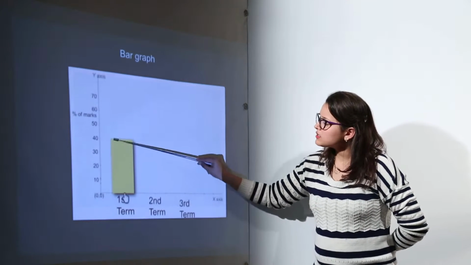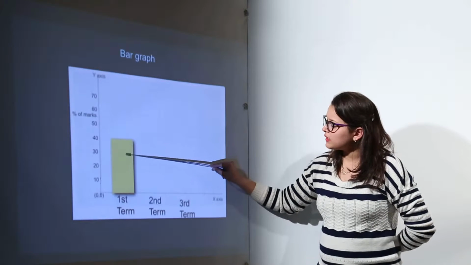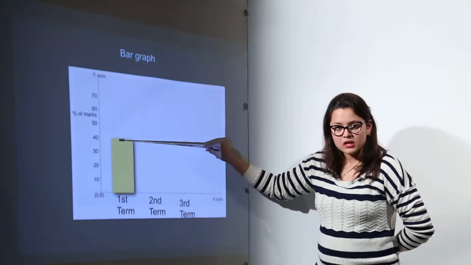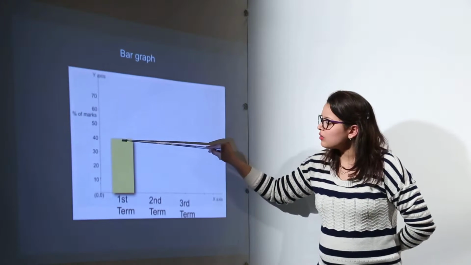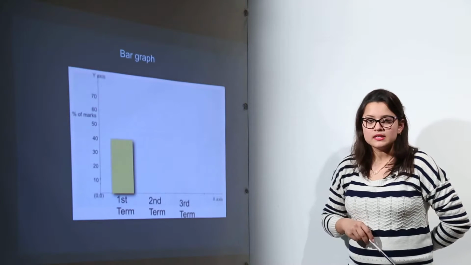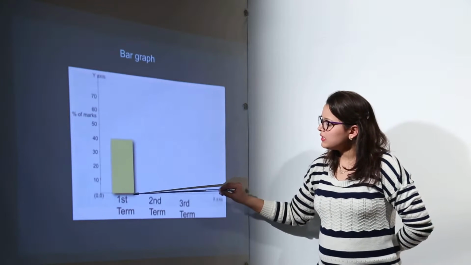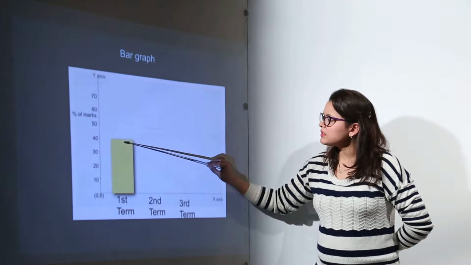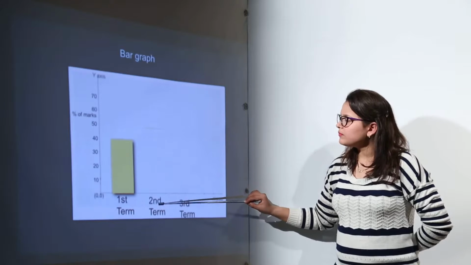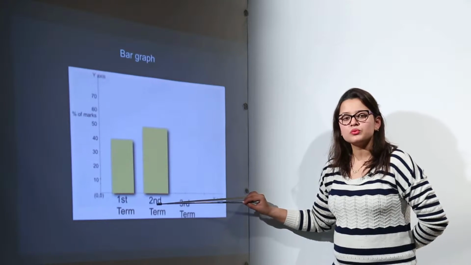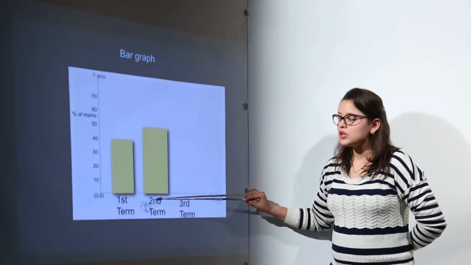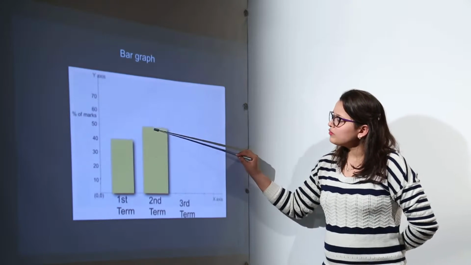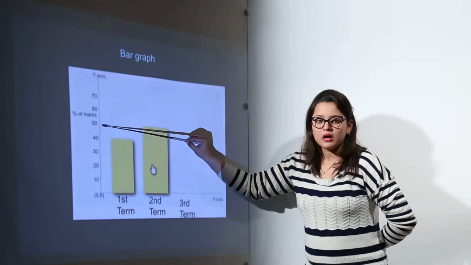terms. Now in the first graph that you can see, the first bar is depicting what the student secured; this line is representing the 40% marks. So in the first term the student has secured 40% marks, right? The graph is clearly representing that the marks in the first term are 40%. Now for the second term, what was the question? For the second term the student has secured 50% marks. So the bar that you are going to draw for the second term will be up to the 50% mark, right?